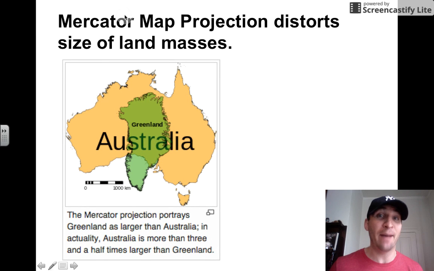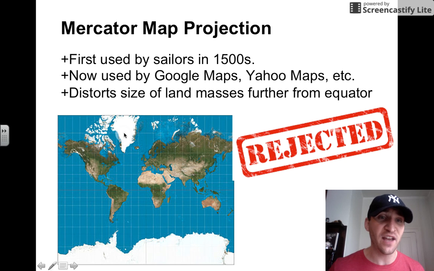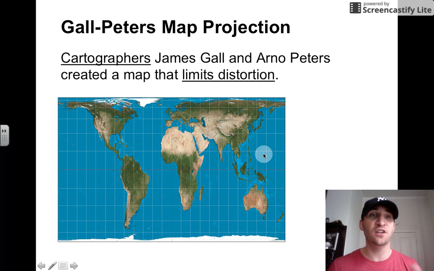As I said, the Mercator map projection distorts the size of land masses, and I showed you Greenland and Australia. In actuality, Australia is more than 3.5 times larger than Greenland. But if you looked at a Mercator projection, you'd say, oh my goodness, Greenland is so much larger than Australia. And it's because of this that this Mercator projection has been rejected. Today, historians and all of us